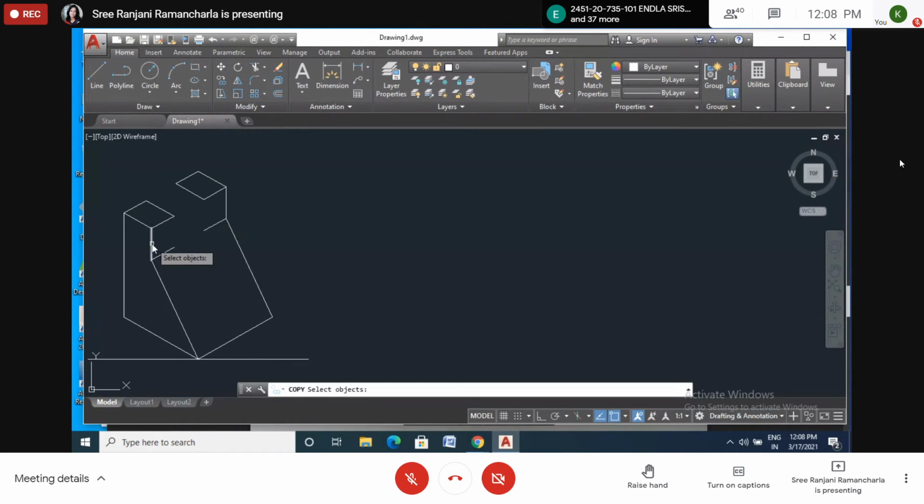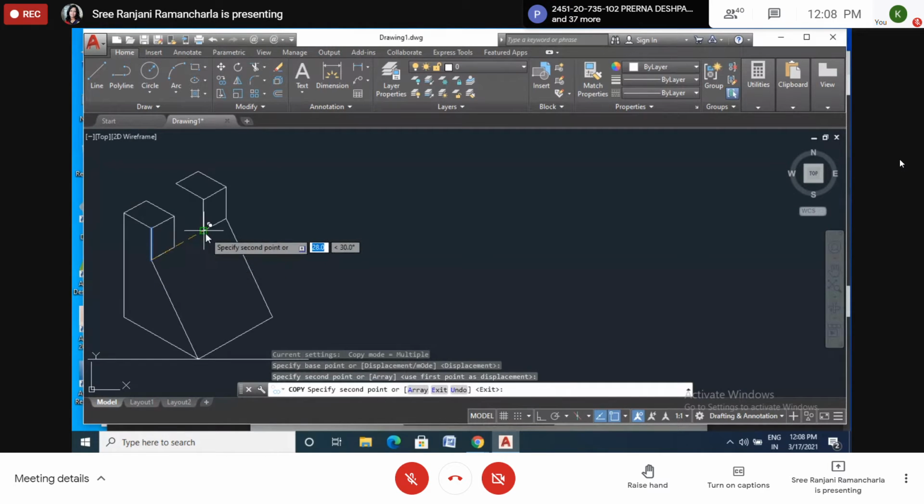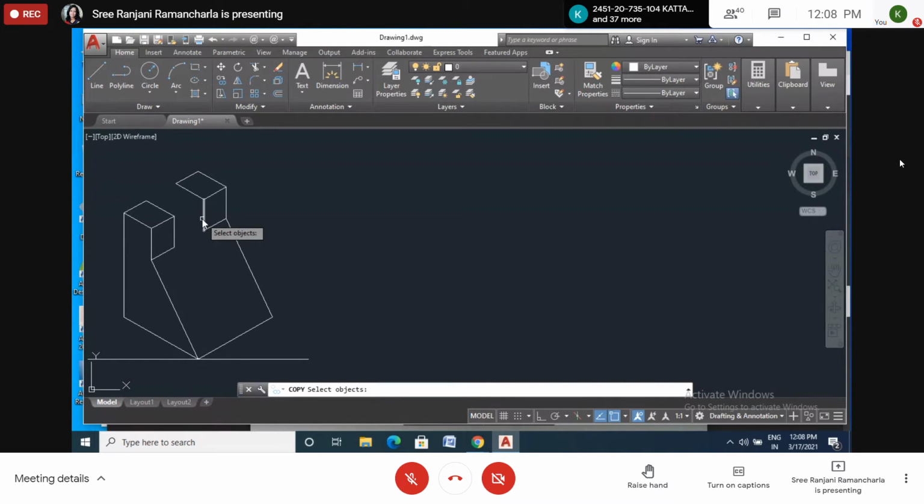And again this one and here also. So here I can't place exactly. So again I will take a copy command. No, no. This one is a long line, and I have to draw the one long line. So how much is depth? How much is this long line? This vertical line. Any one of you?